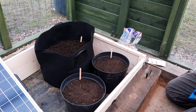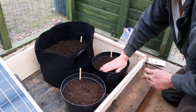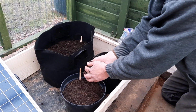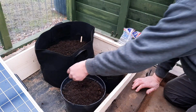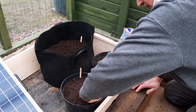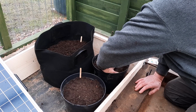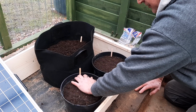And then again, we'll just give this a sprinkle in, just to cover them. I think that should do for that one. Same on this one. And then we'll just firm it down. I don't think there's any need right now to water these. I think there's enough moisture in the compost